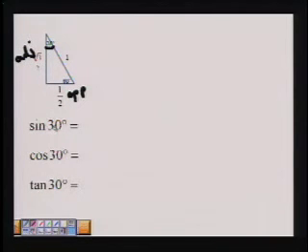So the sine of 30 degrees equals the opposite divided by the hypotenuse, but divided by 1 just leaves me with what I started, so it's just 1/2. Now the cosine of 30 degrees is the adjacent side, radical 3 over 2, again divided by the hypotenuse, which is 1. The tangent of 30 degrees is the opposite